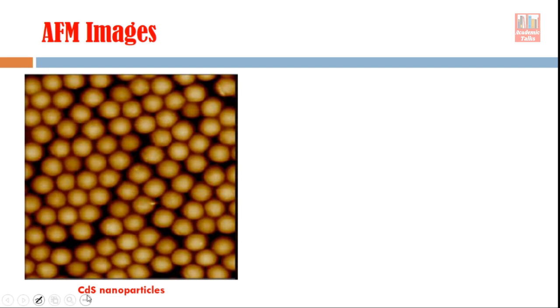Now you will see some more interesting, beautiful pictures. These are cadmium sulfide nanoparticles, and if these nanoparticles are arranged on a surface, and if we scan that surface with the help of AFM, you can see here the sharp features. All the particles are clearly visible. So if you study this kind of arrangement with the help of a scanning electron microscope, even the electron microscopes may not give you this kind of fine image. That's why we say that very high resolution is possible in the case of atomic force microscope.